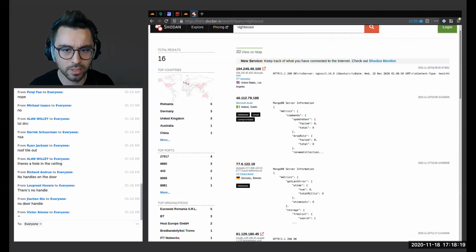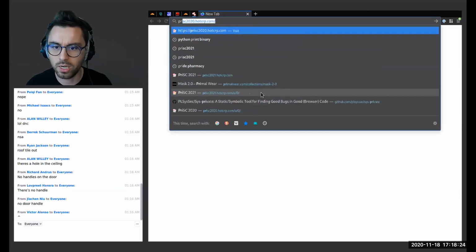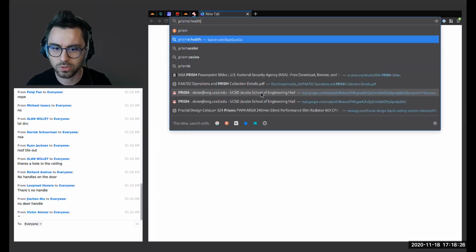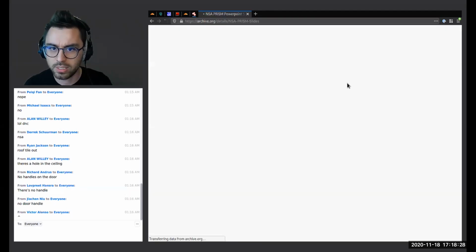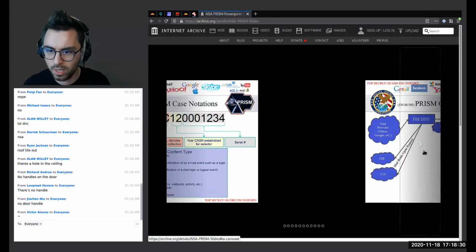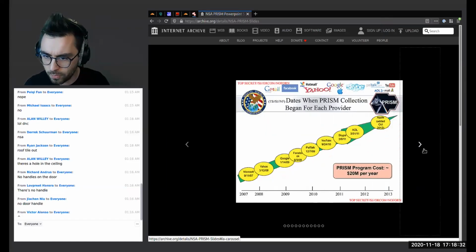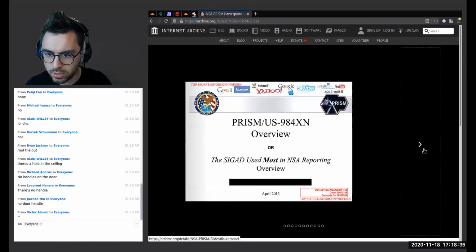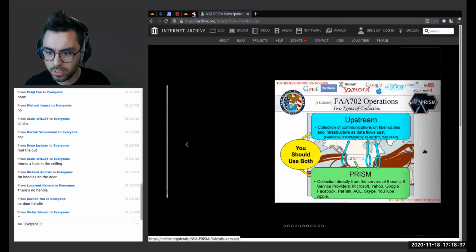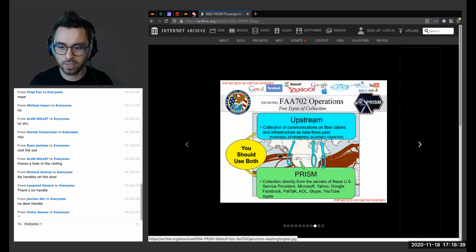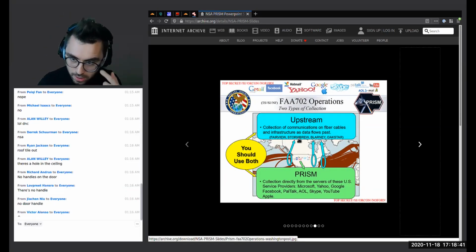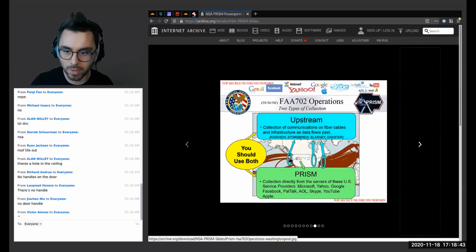Okay, but that was a slide that was released by Snowden. So this is the Prism. Here we go. This is the NSA Prism slide from archive. What's interesting about this slide is it's pointing to where these alleged wiretaps were happening, and they're happening basically on the coast, right?